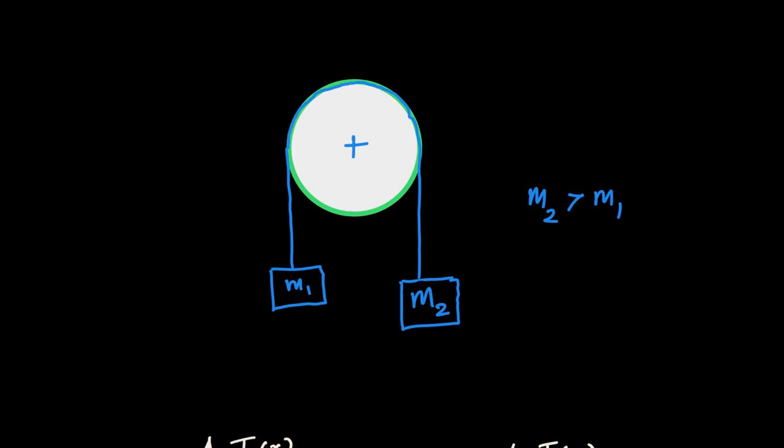So we will consider a system like this. You have a pulley and you have a rope or a string that is going over the pulley, and there are two discrete masses connected to the rope, M1 and M2. For the time being, let's assume that M2 is greater than M1. That means with some acceleration a, this whole system will try to come down, and M1 will also come up. So that's how the system is behaving.